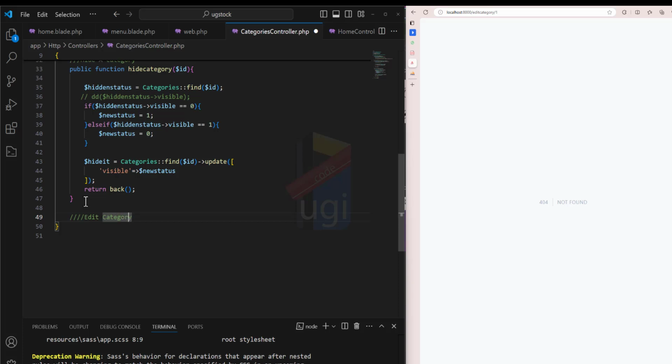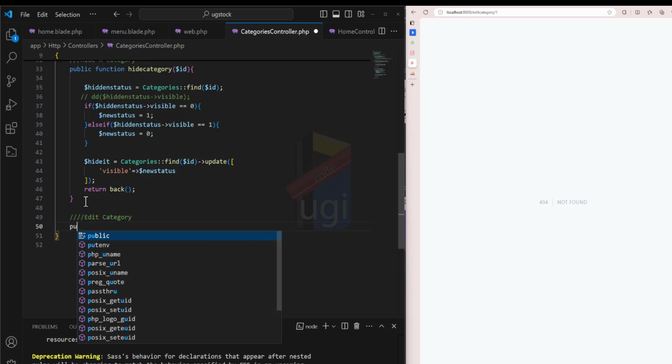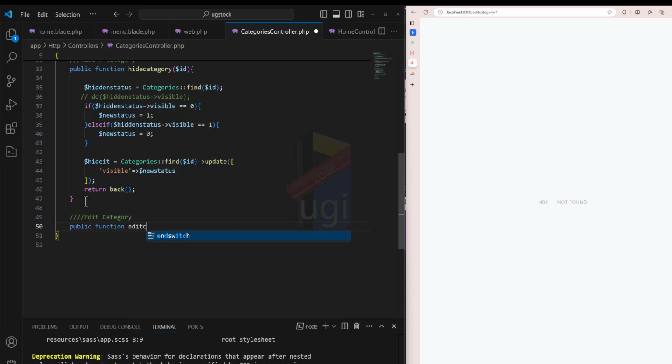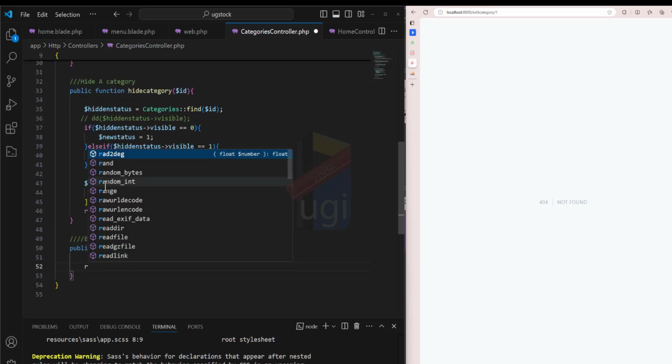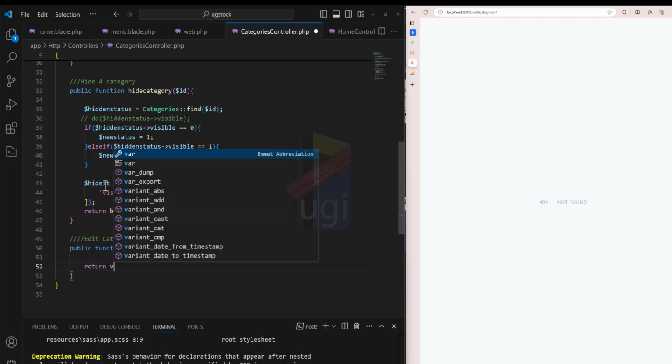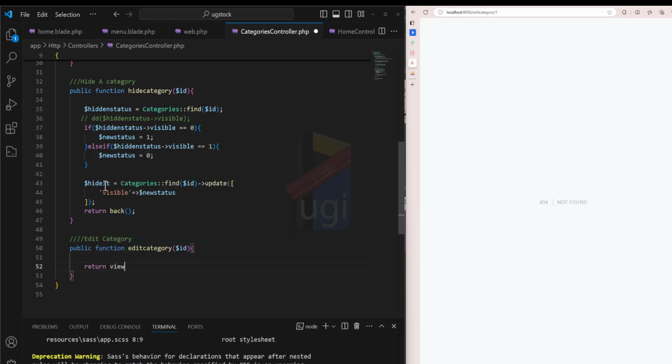Category method, which I'll do with a public function that says edit category, which will take in what do you want to edit. Okay, I want to take in only the ID because that's what I want to access. Only the ID. Okay, and then I should return now to that view. Okay, return to the view, which view will be under admin